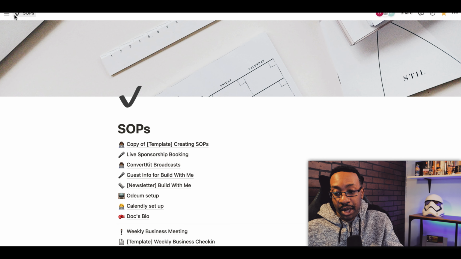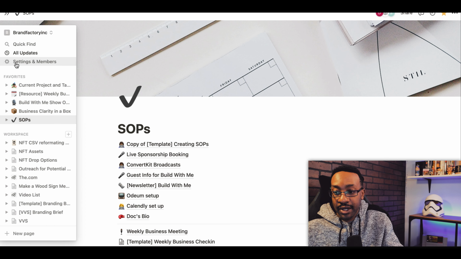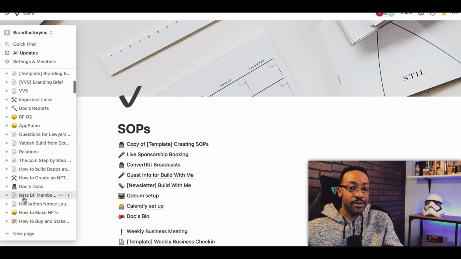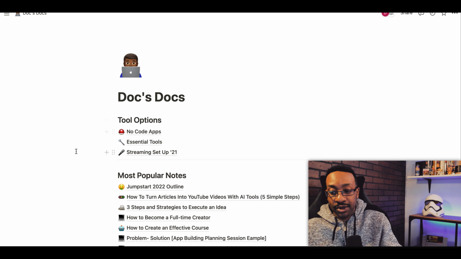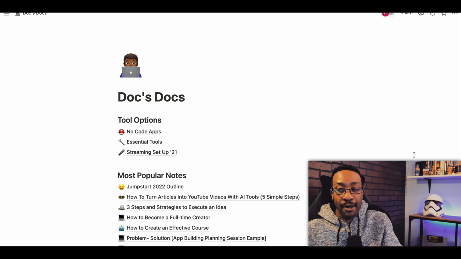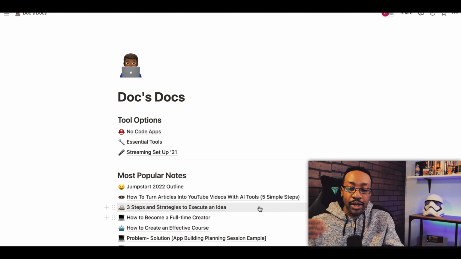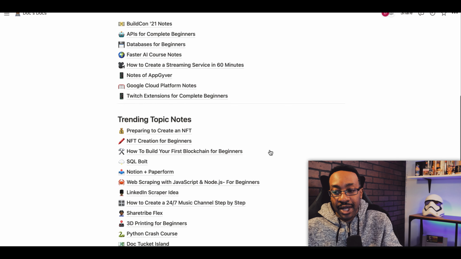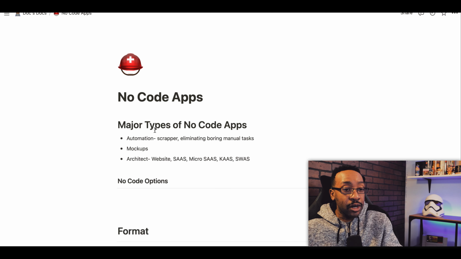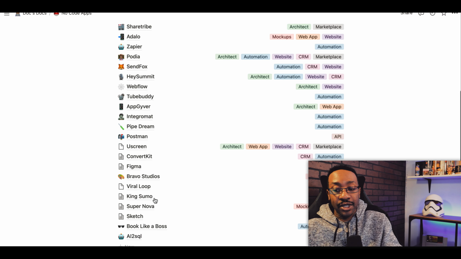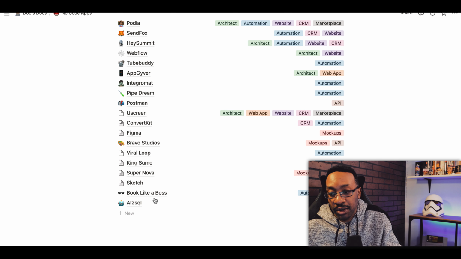Another thing that I like about Notion is we have some of our products here. For example, we have our Docs. It's all of my notes where I'm just taking notes on building different things, and people can purchase it. They're just getting access to the latest version of Docs. It's pretty minimal how much I update, but it keeps me more organized, and now it's of value where I can also add this to different ones, and they can take a look at this.